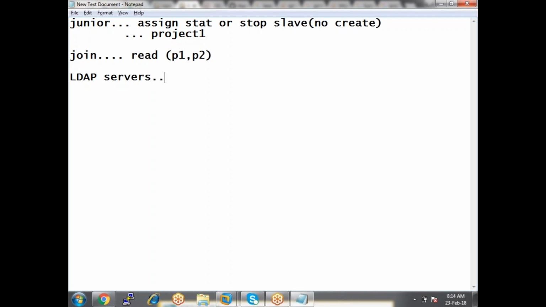Those are active directories. From these active directories, our LDAP servers, we fetch that information. For example, I want to fetch a user called some username. This user information is already available on our LDAP service.